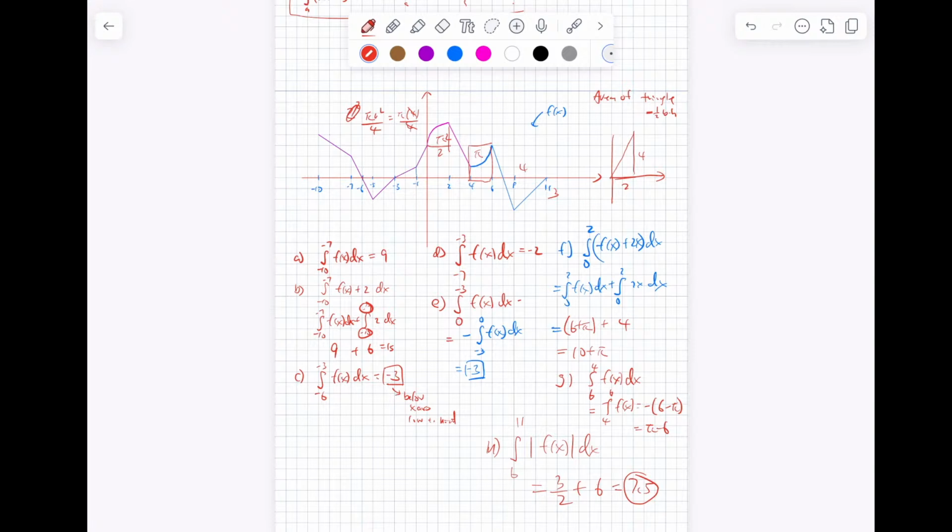Oh, because they made it negative. Why is it even 6 minus? Why is it 6 minus pi in the first place? So wouldn't it just be like a 2 and then